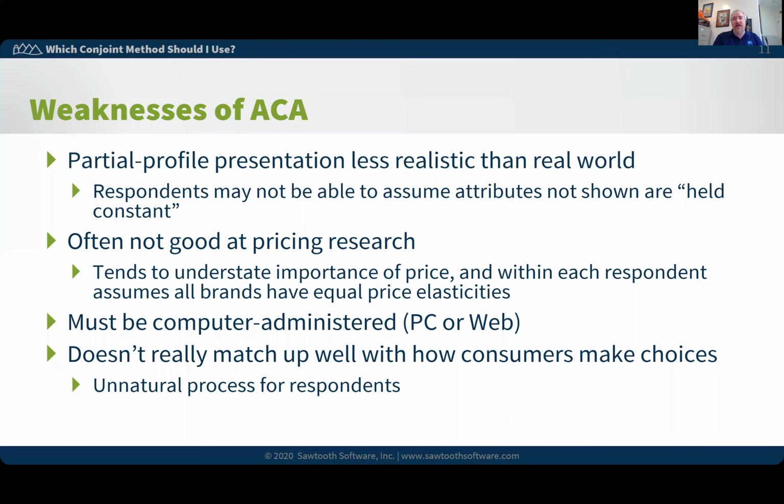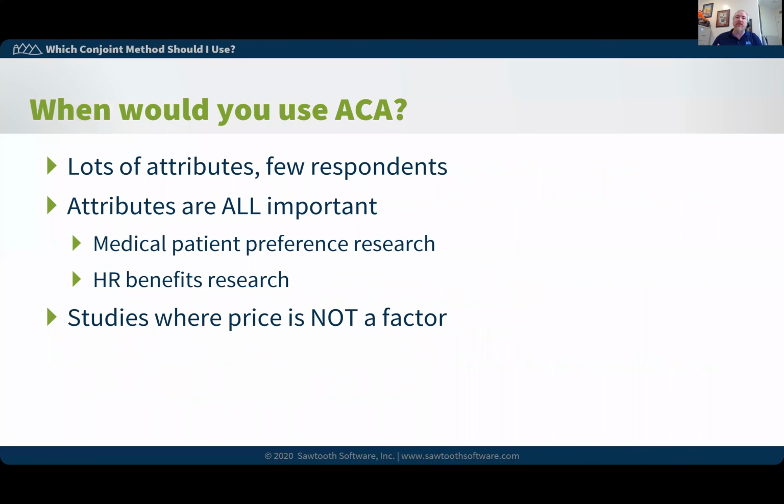However, there's still a lot of times where this works very well in practice. So again, this is one of those situations where it's not used terribly often, but when you have a situation that it's useful for, it's really useful. So ACA tends to work well if there's lots of attributes and few respondents. So if you've got 20 or 30 people going to take your survey, or you need to segment by small groups, then ACA works really well by doing those attributes. For situations where attributes are